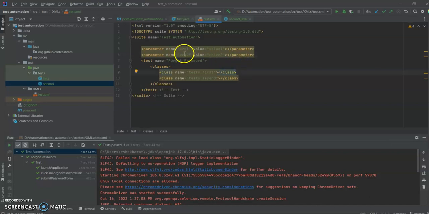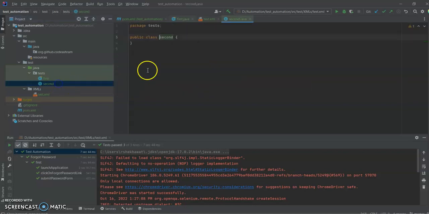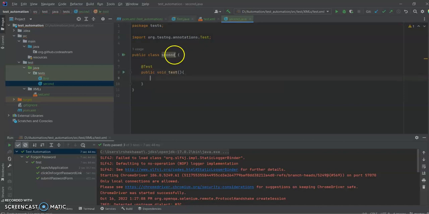And let's use these parameters in our second test.second file. So this is a simple test. I'm using a simple function to demonstrate how you can take use of the parameters, how you can pass the parameters from test.xml file to a